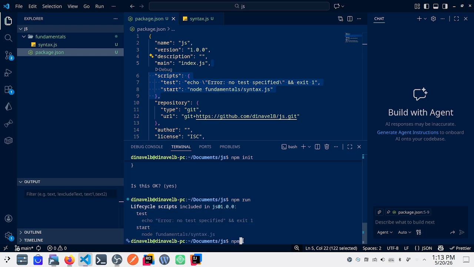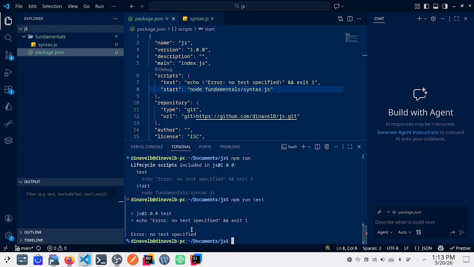If we run npm run start, these two keywords are the default keywords in Node.js, and the third keyword is the script that you'll run. So we can run start and the test. So just run the test to see.